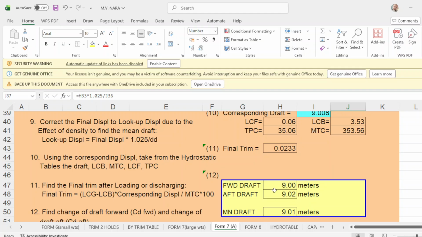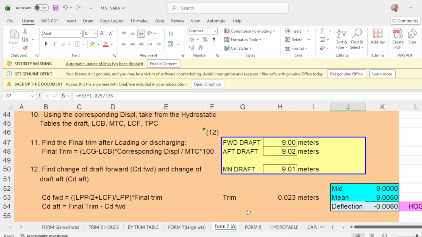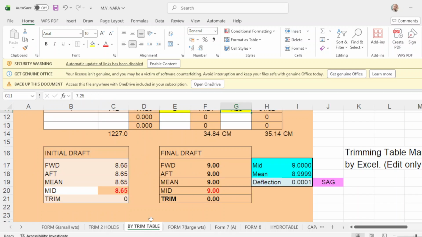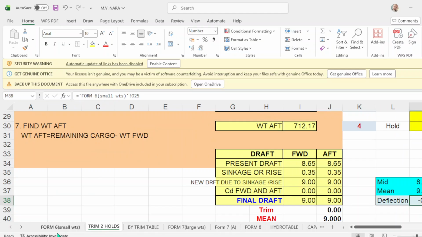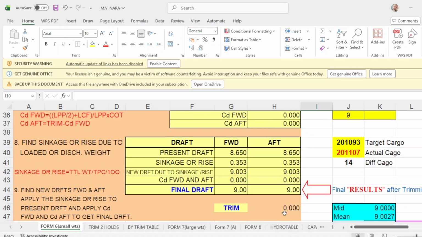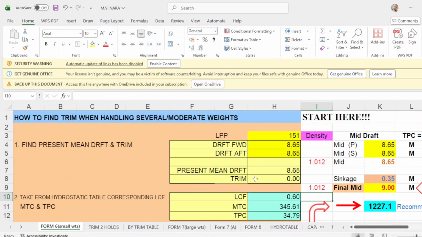This is just a matter of mathematical equation. That's why you have these figures. But actually, it should be even keel of 9 meters forward, up should be 9 meters, and your main drop should be 9 meters. There should be no trim, this should be 0. Okay? Here you have your deflection. So you have how many programs? We have this 1, 2, okay, 3, 4. So you have 4 programs to back you up in getting the final drop, from this equation.